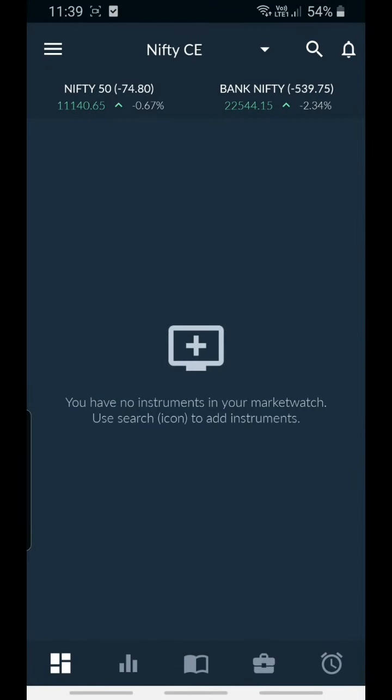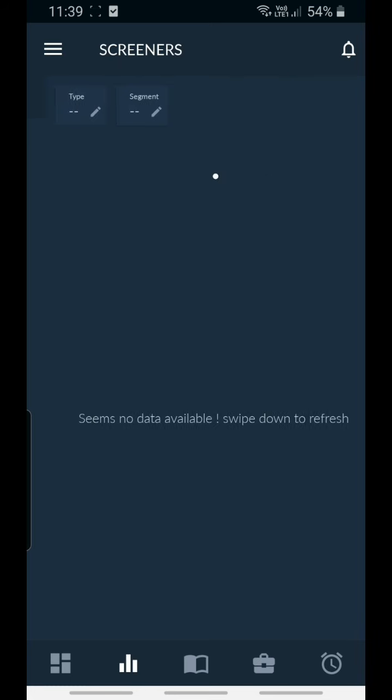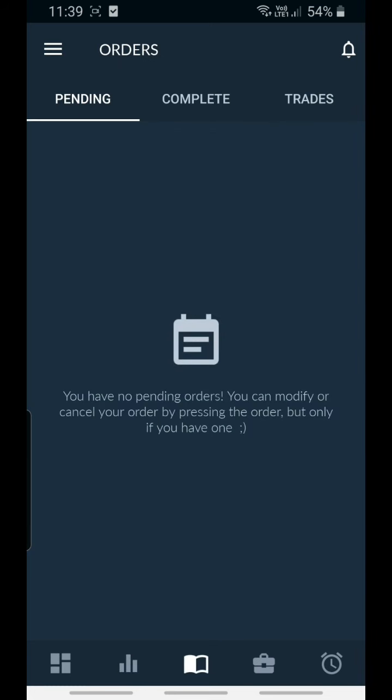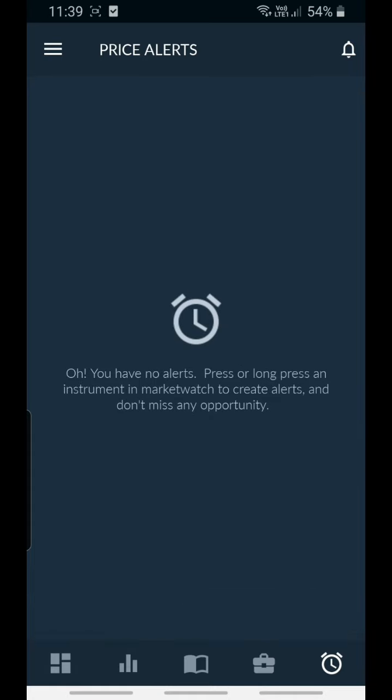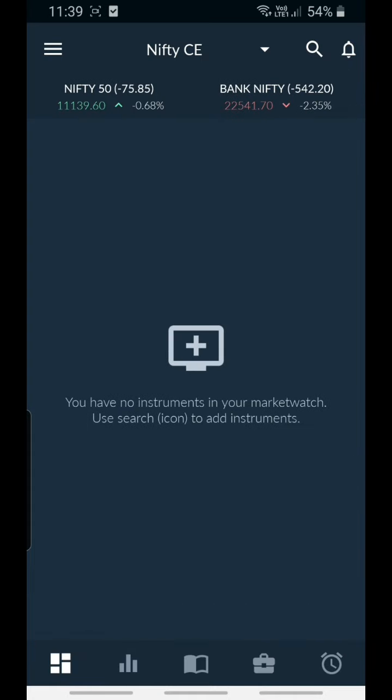Once downloaded, once you open it, you have to log in with the login ID and the password you got. Once you log in, you will get this thing, right? So just a second. Yeah, once you open, you will get this dashboard. So this is the dashboard. There are other menu options also like dashboard, screeners, order book, portfolio and alert, right? This app is very simple. There are not many complicated things and all.